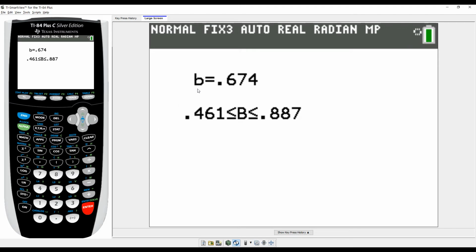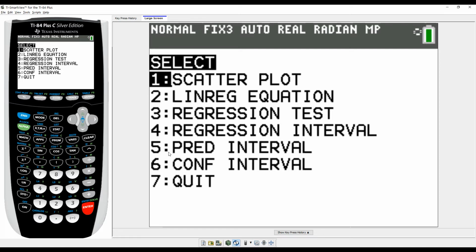And so the slope of my y hat sample regression equation is 0.674, which tells me that beta, the slope for my population data, would be somewhere between 0.461 and 0.887. So that's my confidence interval for beta, the slope of my regression line. I select enter. I now go back, and 5 and 6, like I said before, are the first features in